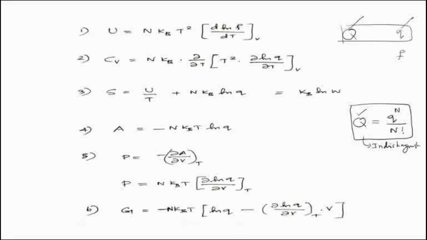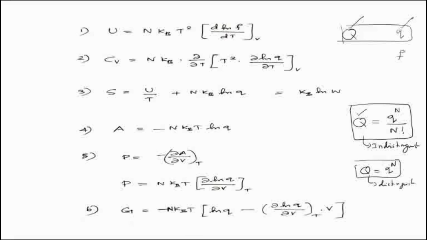I told you we should use this formula if the substance given exists in the gaseous state. Or Q = q^N. This formula should be used if the particles are distinguishable particles, and this formula is applicable for distinguishable particles, very specifically substances existing in the crystalline state. So keep this in your mind. This is very important. And I have told you in the last class that I will give you the relationship